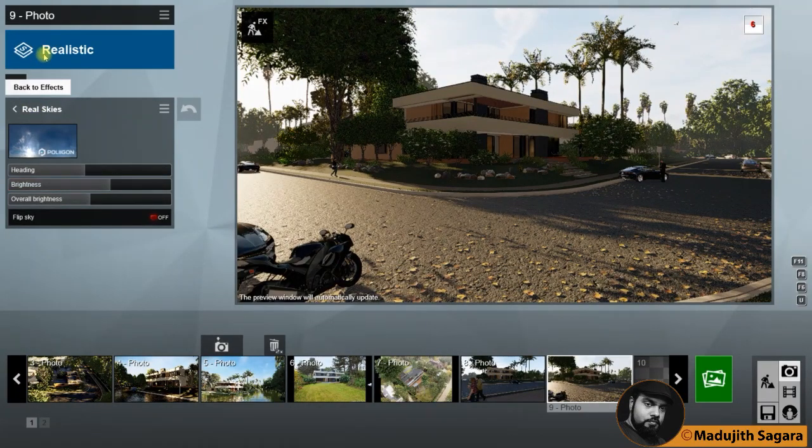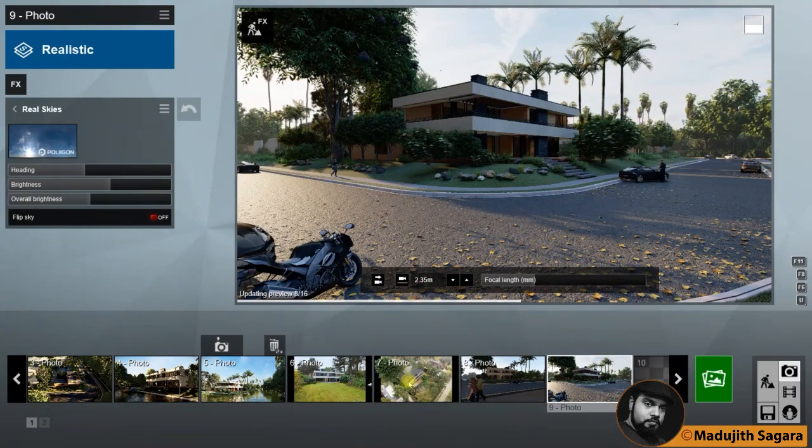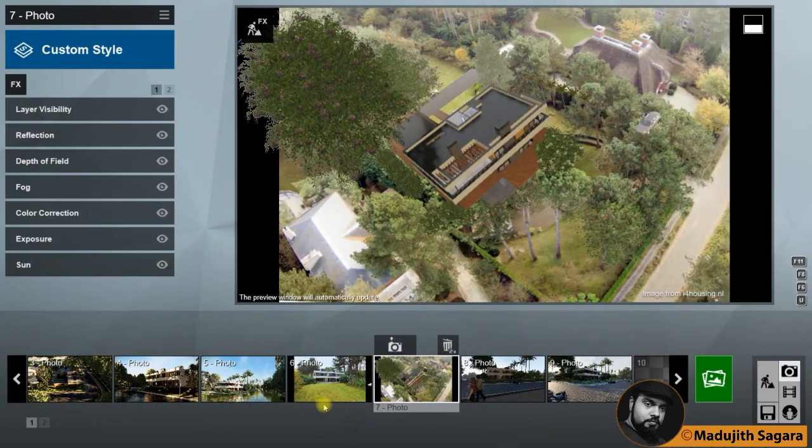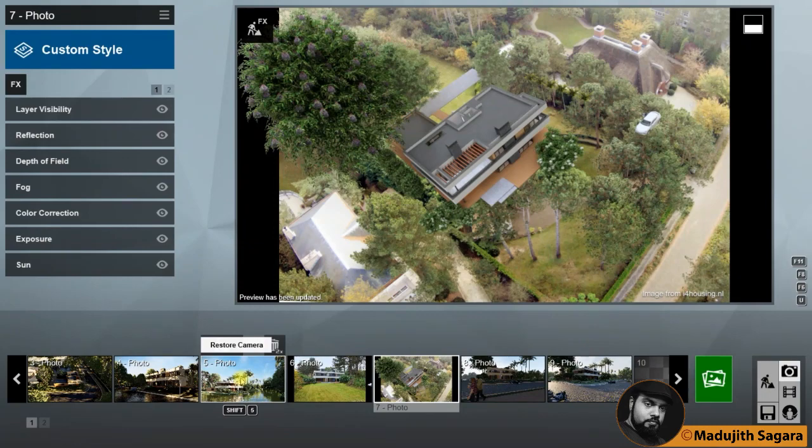Using this one you can use so many effects, and I will show some more images which were rendered by me. This is one image. You can see it here, and this is another.